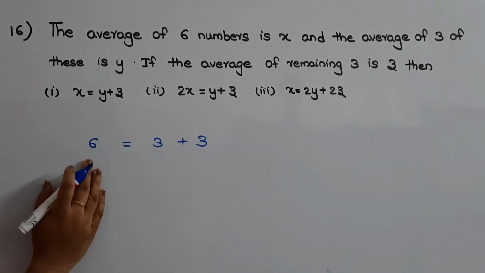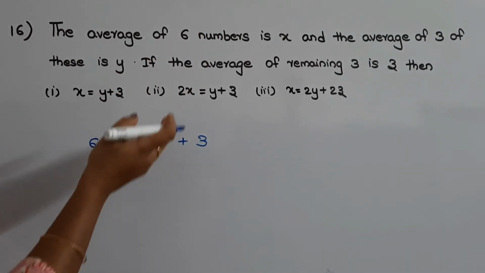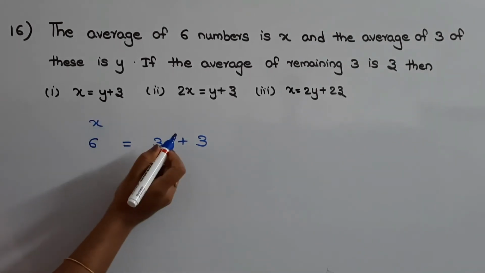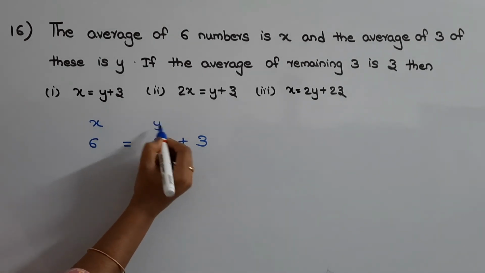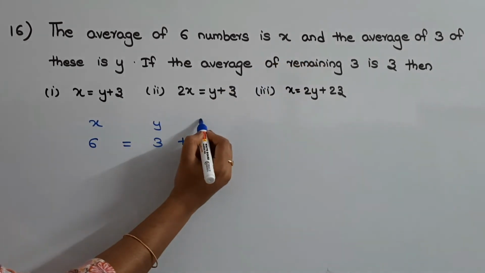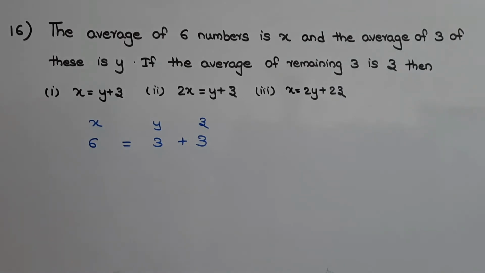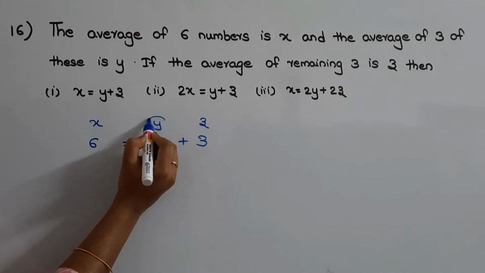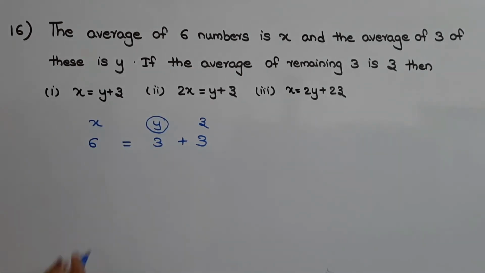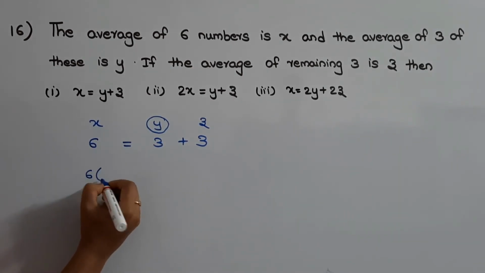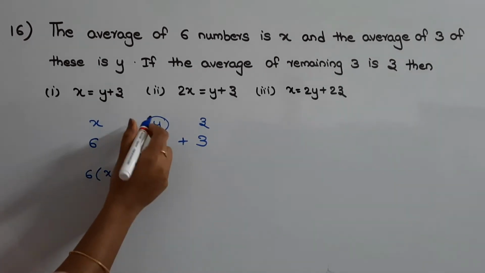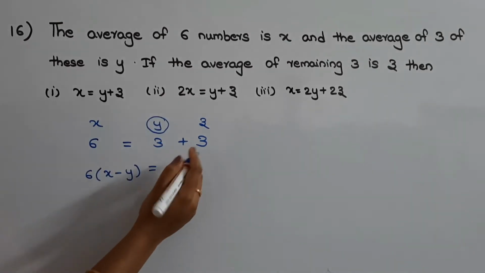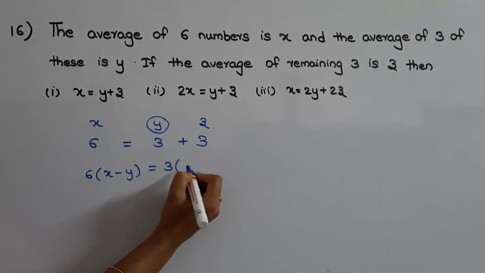Now let us write down the given averages above these numbers. The average of 6 is given as x, the average of 3 numbers is given as y, then the average of the remaining 3 is given as z. Now let us take one of these averages as a reference average. I am taking y as the reference average. Now multiply this 6 by the difference between its average and reference average. So this part will become 0, then multiply this 3 by the difference between its